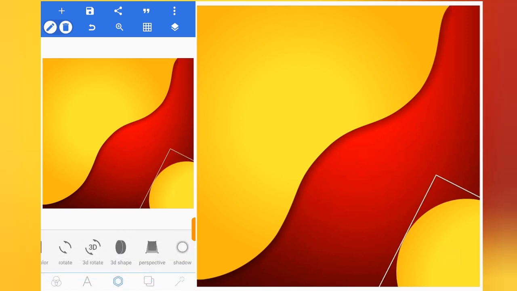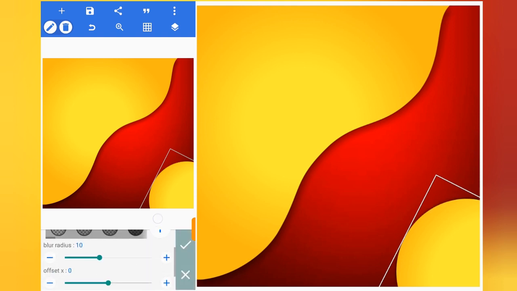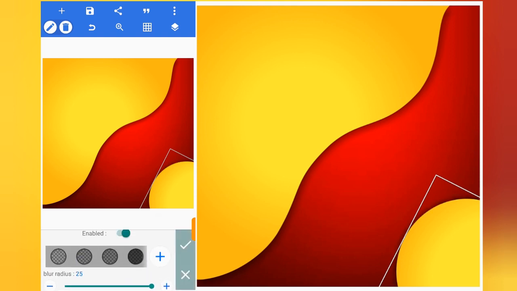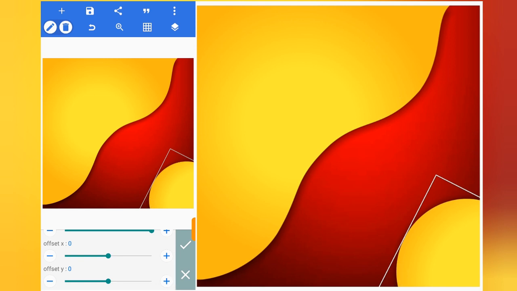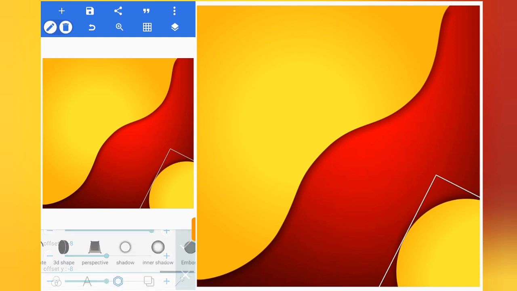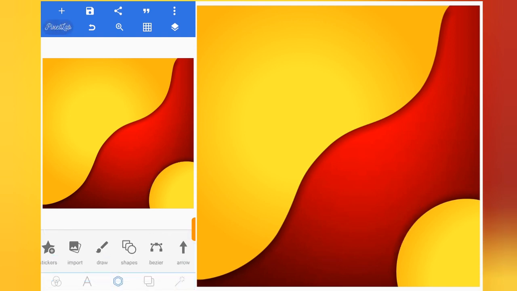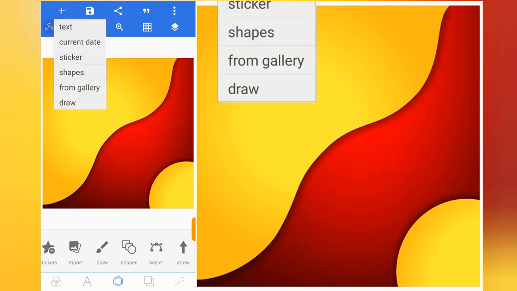So I select this one, the circle. I move to shadow again. So I enable shadow. I'm going to increase it. I select this transparent one. So I'm going to, it's going to be minus 8 because it's going to move from the top. Okay, I think this is good. Perfect, this is nice. So the next thing that we're going to do now is that we need to import